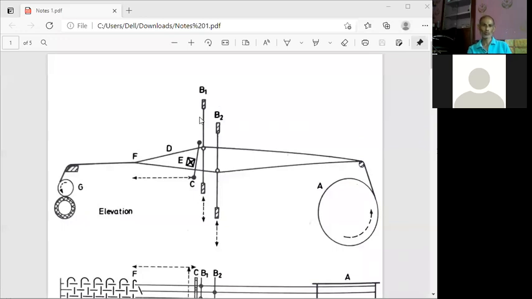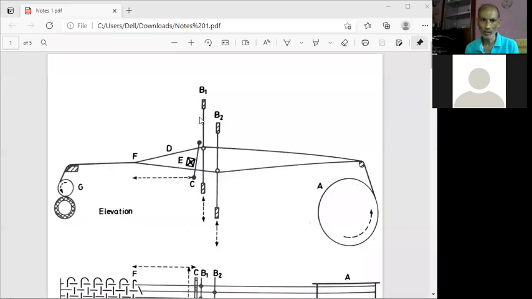parts of the loom. The number of frames that can be used depends on the shedding mechanism. For a smaller number of heald frames, up to 8 to 10 heald frames can be operated by the tappet shedding mechanism. If it is more than 10, almost up to 32 or 36, depending on the type of dobby, it can be operated by dobby. And if it is more than that, then we use the jacquard mechanism.